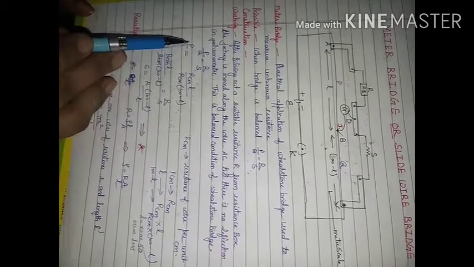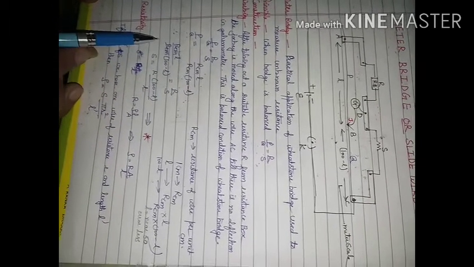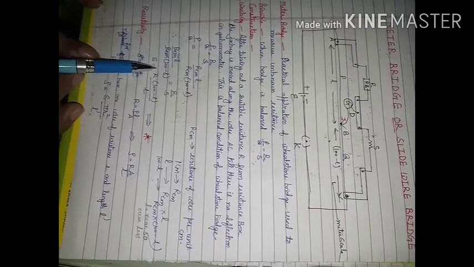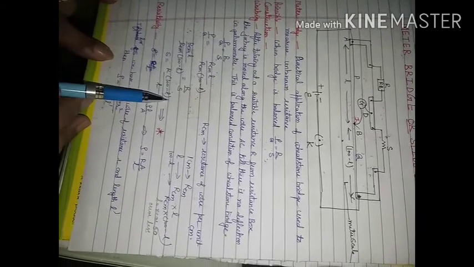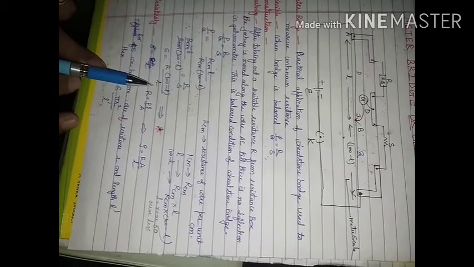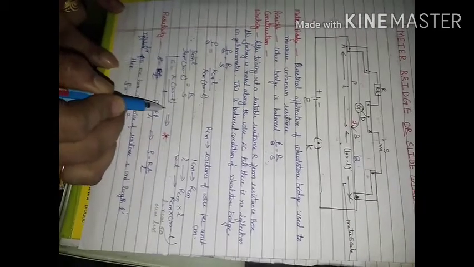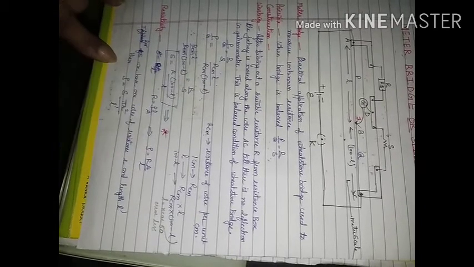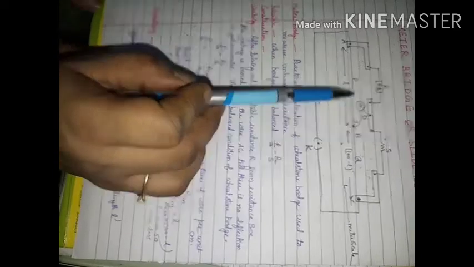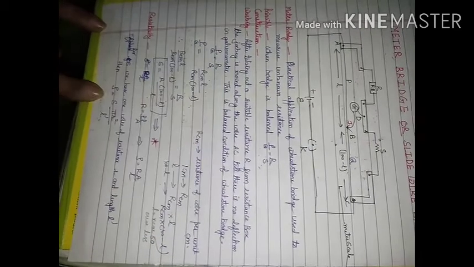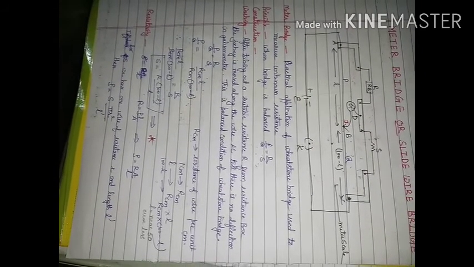So when we put the value of P upon Q in this equation, RCM gets cancelled, and we are left with L upon 100 minus L is equal to R upon S. So S will be equal to R into 100 minus L divided by L. Then we can find the value of unknown resistance, and the error will be minimum if the null point comes near 50 centimeter, in the middle of the wire. Then your unknown resistance value will come out with very good accuracy.